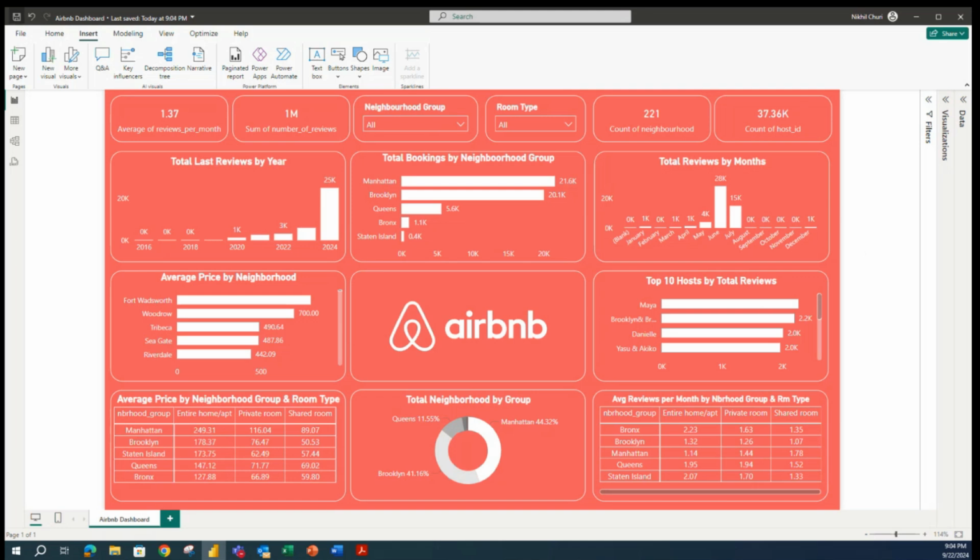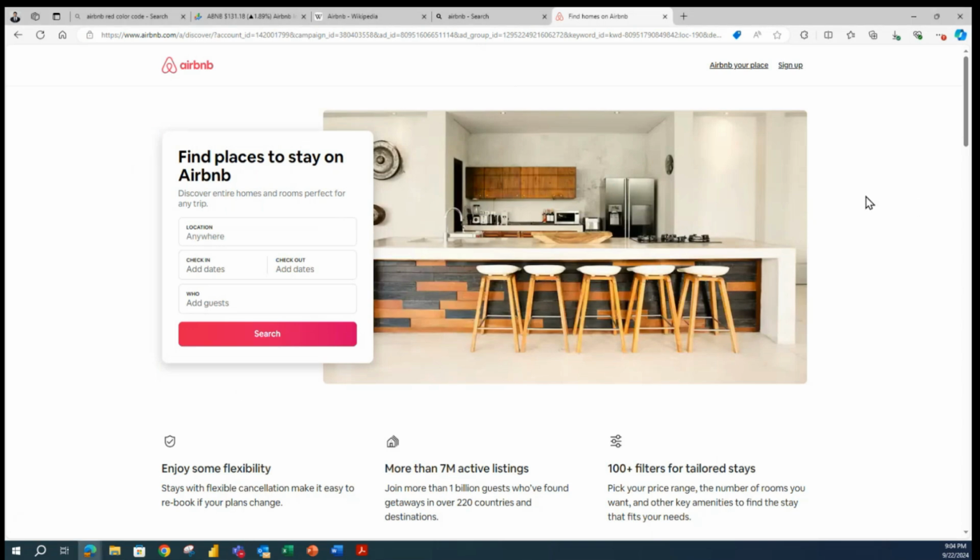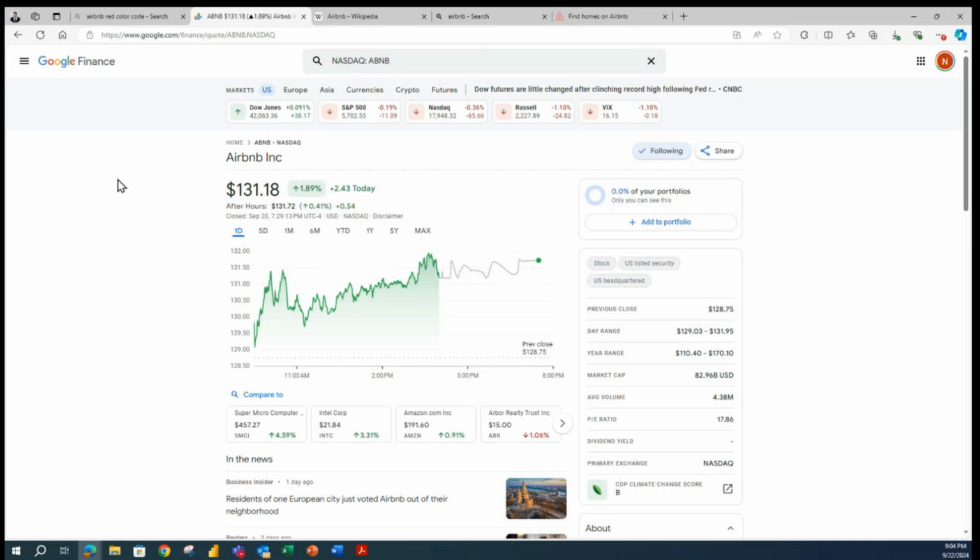Something more about the company. Let me pull some financial or similar important information about the same company. I'm sure you all are aware of Airbnb as a company. Again, it's a rental company. And some more information, and I usually prefer, from a business and finance point of view,